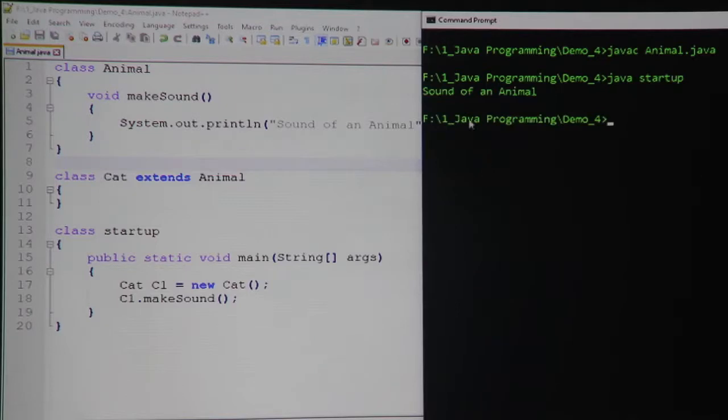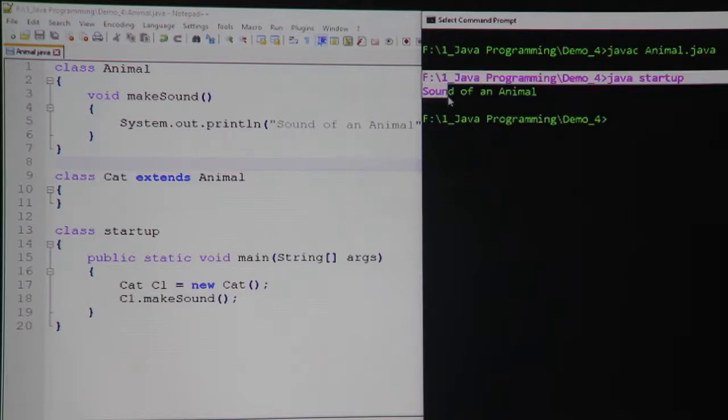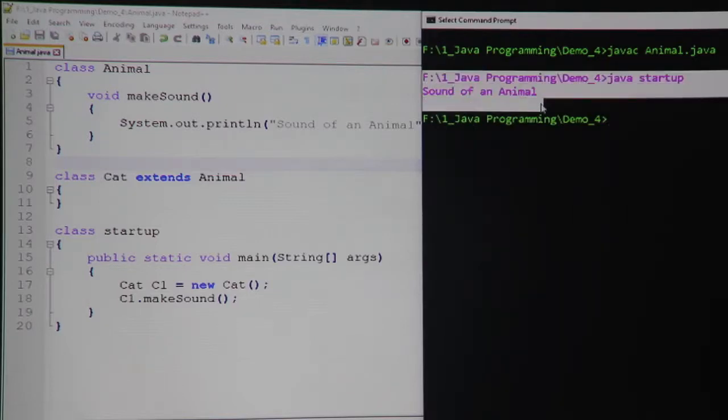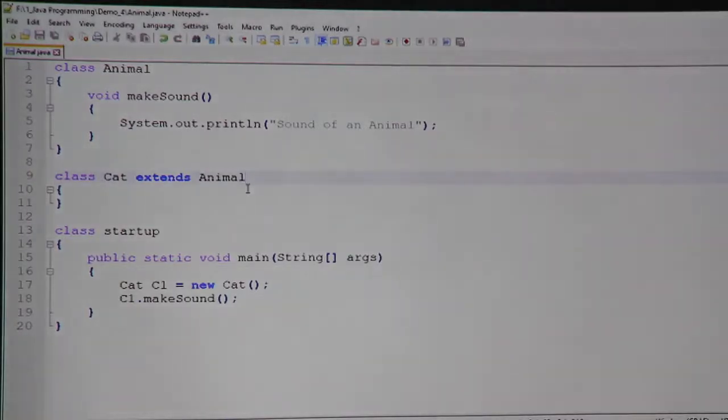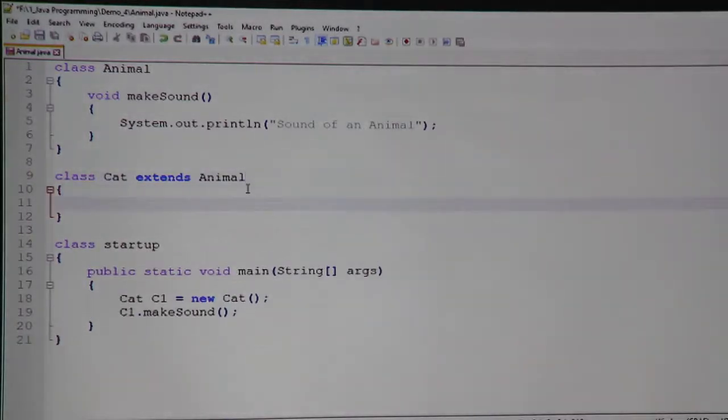And look what happened. Now this particular system.out.println actually got printed from an instance method which is there in the parent and not in the child. So this is how inheritance is built. Now let me quickly go and make some changes in my child class, and what I want to do is